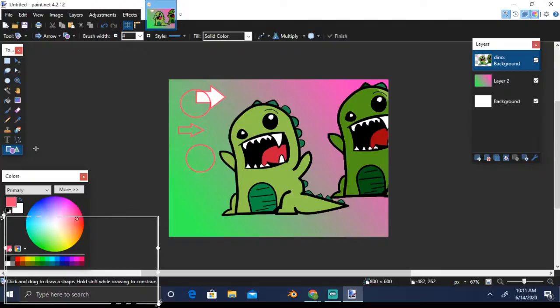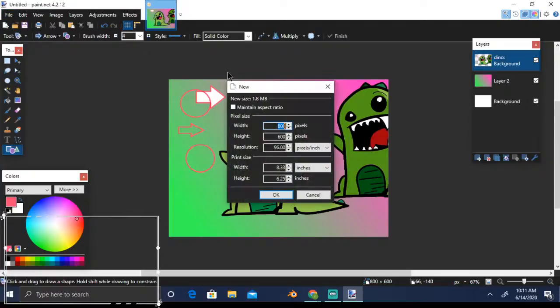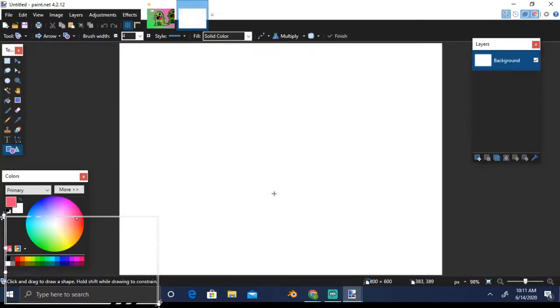And now let's jump into creating something. Either I can create a new layer and keep on doing it, or I can just close it from here. Let me show you one thing. Now let me go and click on new. It will ask the size. You can click on maintain aspect ratio. What it means is if you increase the length, the width will also increase by default with it. If you want it that way, you can select this. Otherwise, you can just click on the OK button.